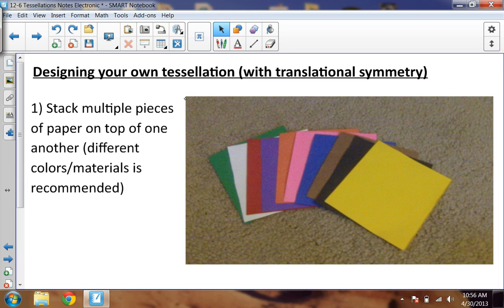Okay, designing your own tessellations with translational symmetry. Here's an example of something that I did for you. I take all these